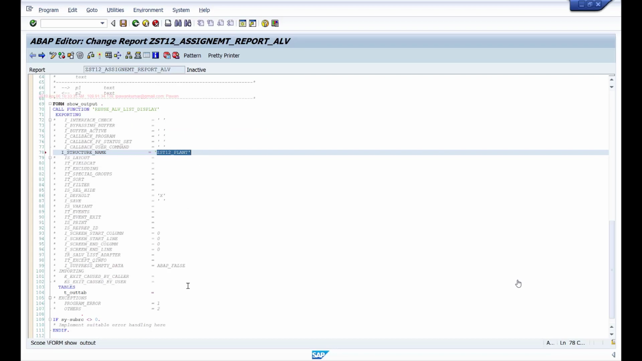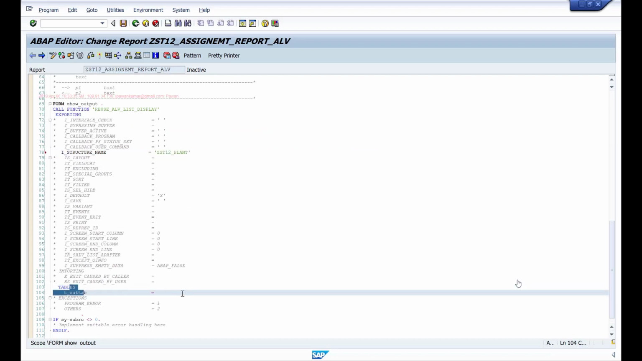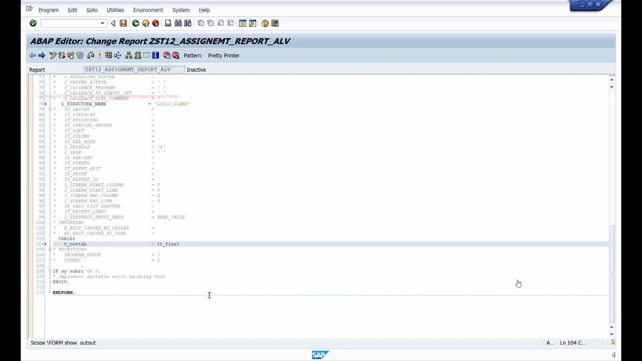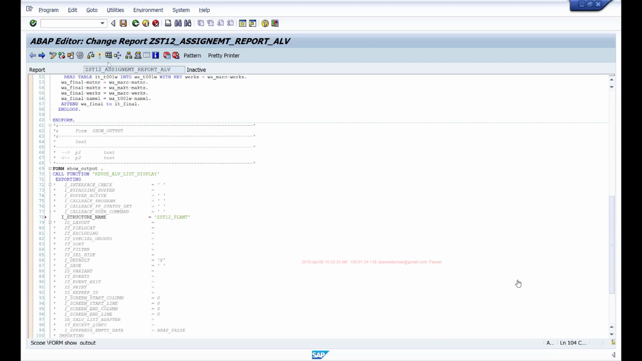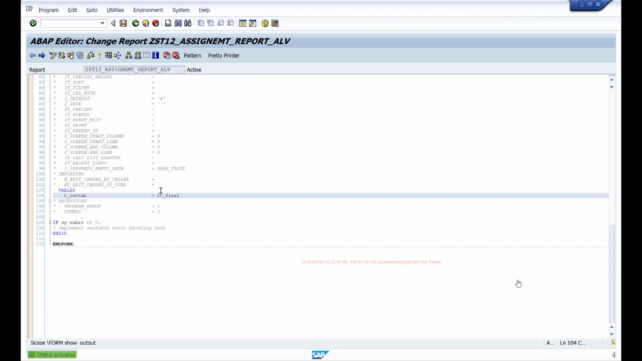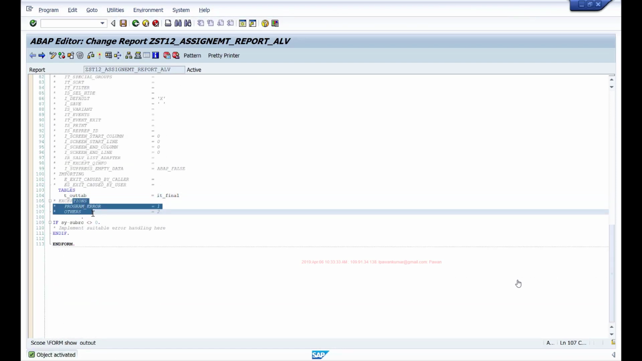And then to this tables parameter, I'll pass my internal table which has the data. So in our case it is it_final. So I'll just pass these two basic parameters, and it's always a good practice to uncomment your exceptions. Now if I execute,